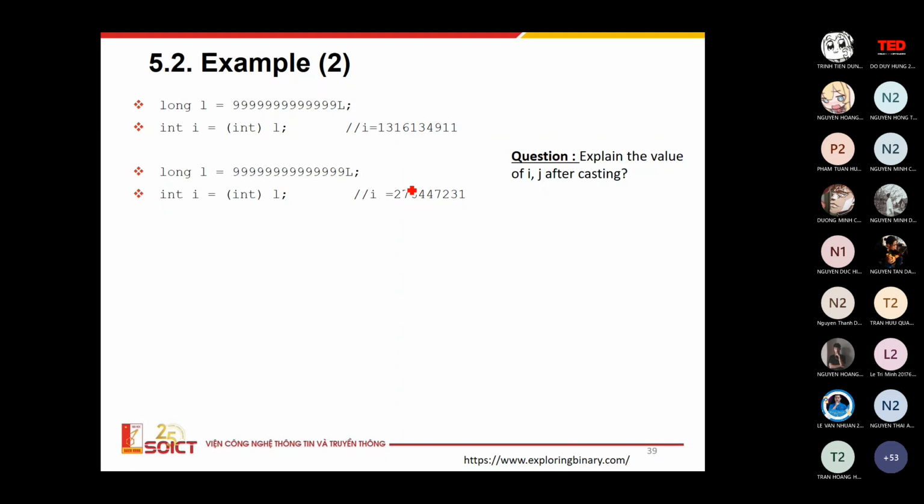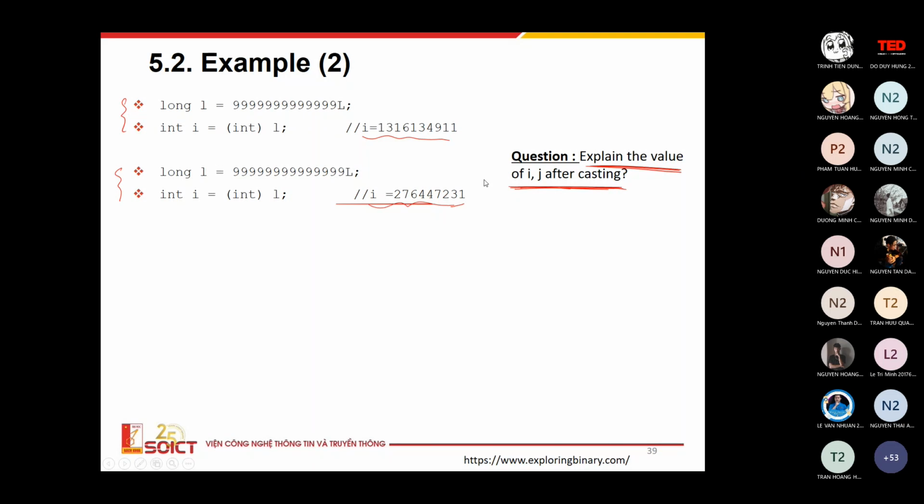Can you explain to me why after these two comments, the value of E is like it? And after these two comments, the value of G is like this. Okay, explain for me why E and G have this value after the casting. Okay,